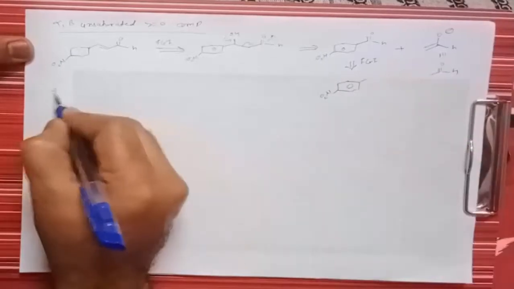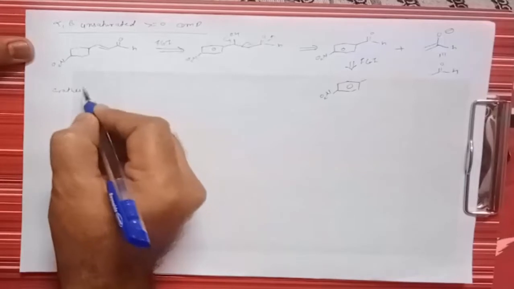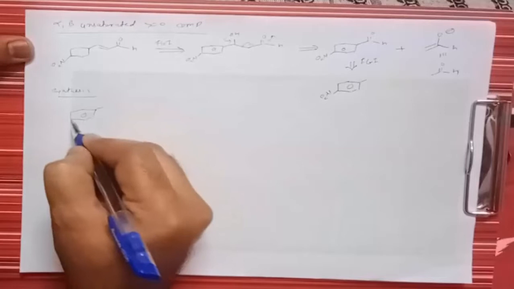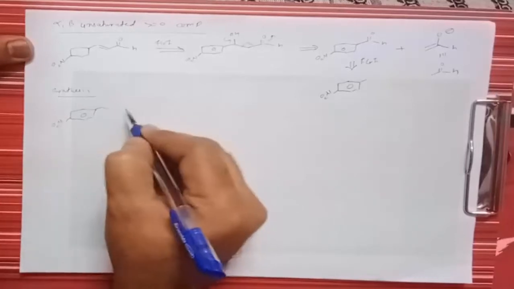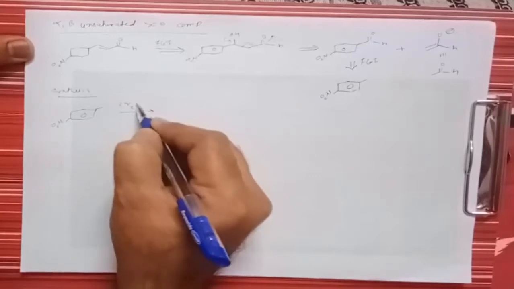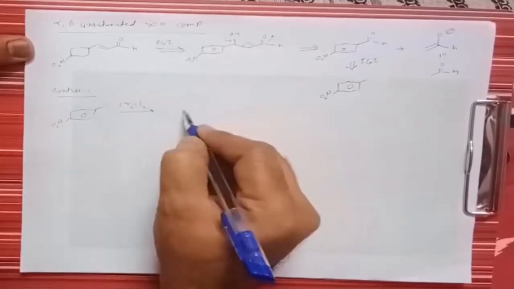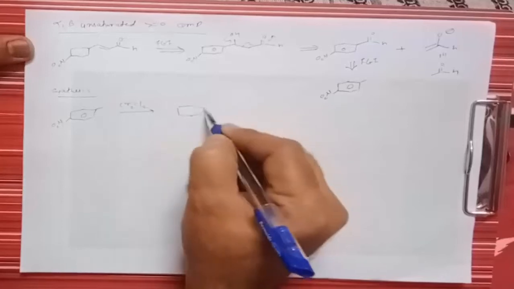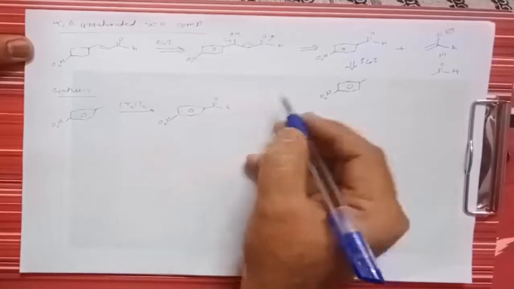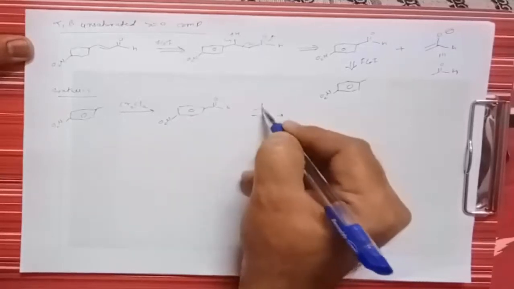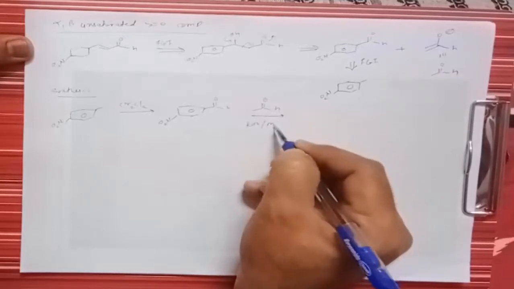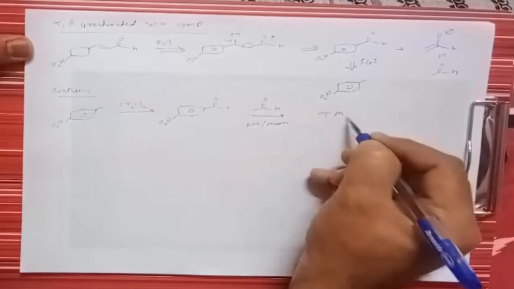So if we go for the synthesis of this target molecule, then we have to take this para-nitrotoluene, then we have to oxidize the methyl group using chromyl chloride, that is CrO2Cl2. So this chromyl chloride will oxidize this methyl group to the aldehyde, right? So it gives para-nitrobenzaldehyde, and then we have to treat this molecule with acetaldehyde in the presence of KOH or methanol. So it gives formation of the target molecule.